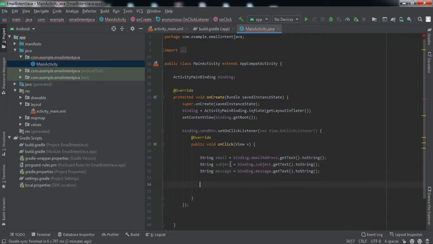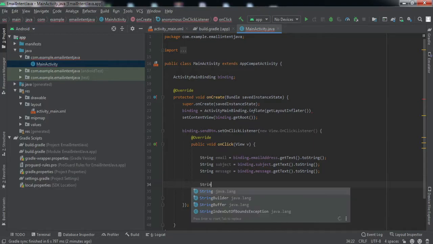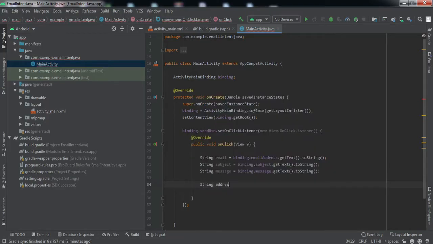But when I gave you the demonstration of the app, you noticed that I put in two email addresses separated by a comma. So we have to get all those email addresses into a string type array, right? So for that we'll use String addresses, and because it's an array we need to put in brackets here, is equal to email dot split, right?